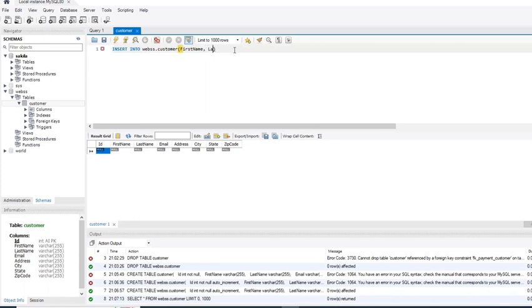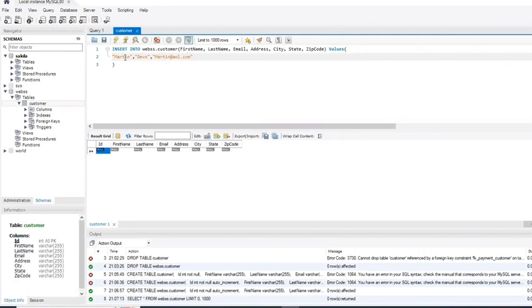So the next thing is gonna be last name. And the next one is gonna be email. And the next one is gonna be address and city. Then it's gonna be state and zip code. And then we wanna insert them. So values. So let me go ahead and do those. So the first one's gonna be, I'm gonna put in my name, Martin. Second one is gonna be, I'm just gonna put Debs. And then the email, I'm gonna put it